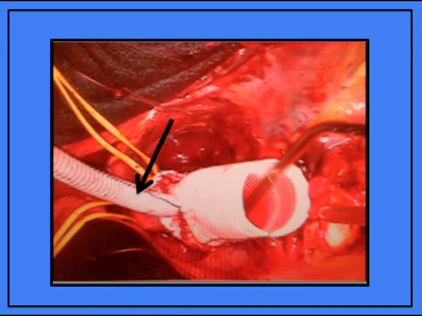This slide shows an intraoperative photo demonstrating the side branch off the Dacron graft after the distal anastomosis has been performed. The arterial cannula has been moved from the femoral artery up to the side branch, and the graft is being